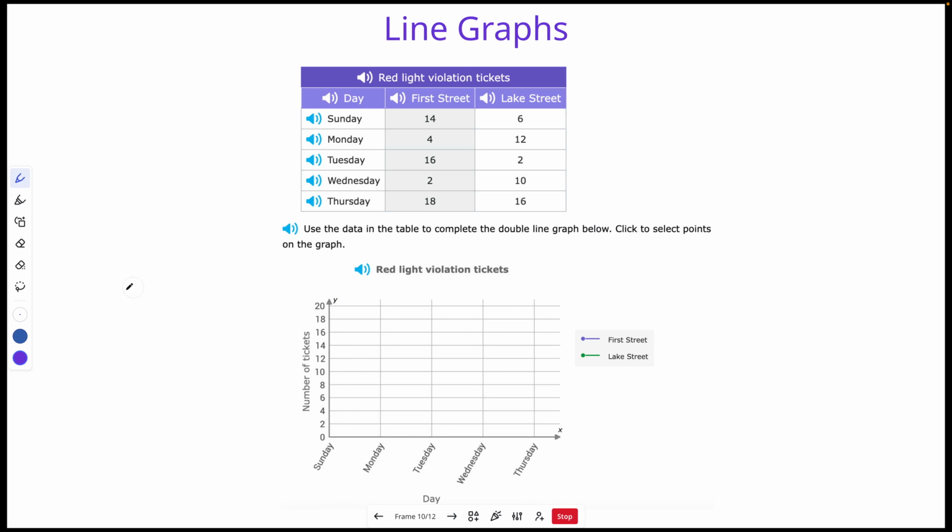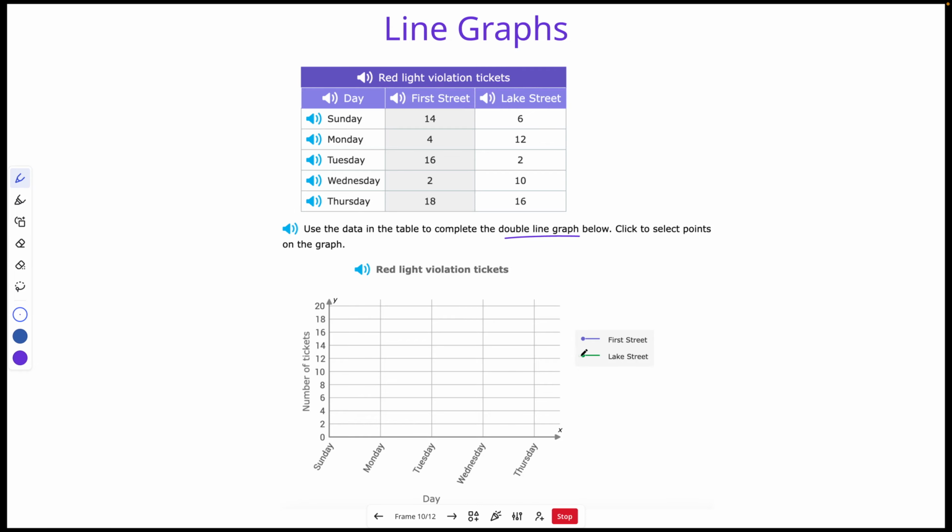All right, last one, line graphs. Okay, again, they tell you here this is a double line graph because, again, we have two different categories. So we're looking at red light violation tickets on two different streets, First Street and Lake Street, and we're looking at different days, right? Sunday, Monday, Tuesday, Wednesday, Thursday. And so